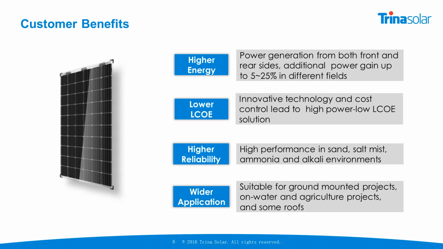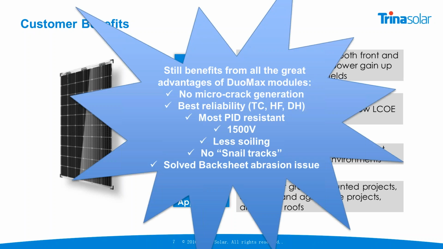It's a dual glass module, so you get high reliability. And you could use that module in a very wide range of applications. Could be, of course, ground-mounted projects, particularly if you have a highly reflective ground like sand or desert applications, but could be also on water, agriculture projects like greenhouses, for example, and sometimes on some roofs also if the roof is highly reflective. And on top of that, you get all the benefits, all the great advantages of DUOMAX